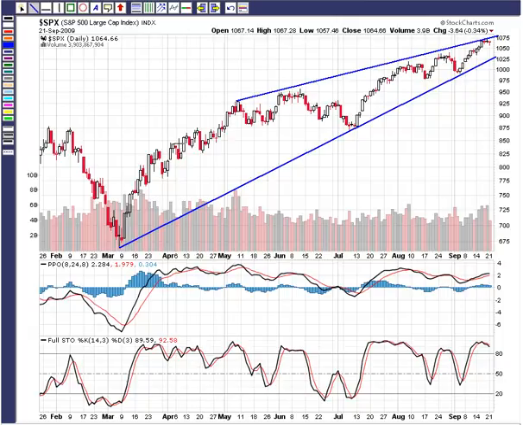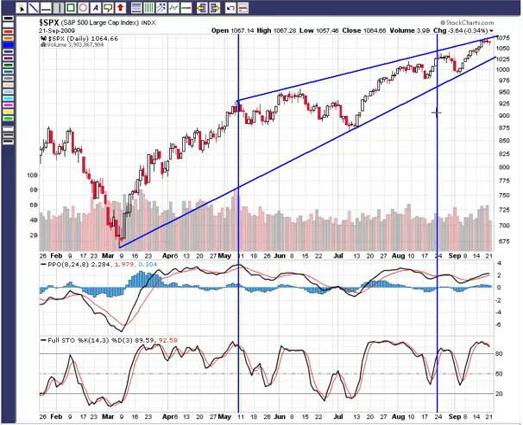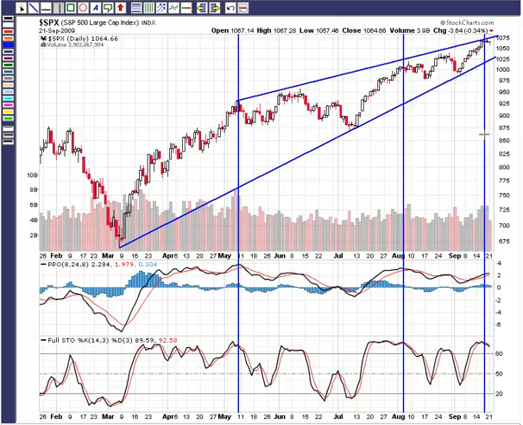Okay, this is the rising wedge that we've been following. What I want to point out is some of the price movements compared to the oscillators or the PPO. Show you some of the divergence every single time. It's just been going lower and lower, so we have some divergence there. Also with the histogram,